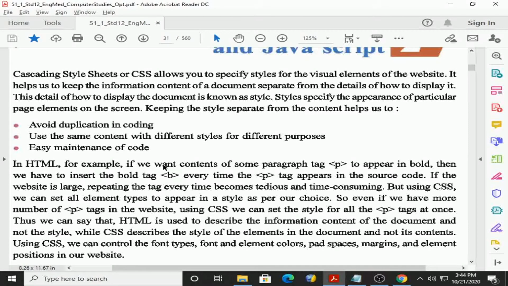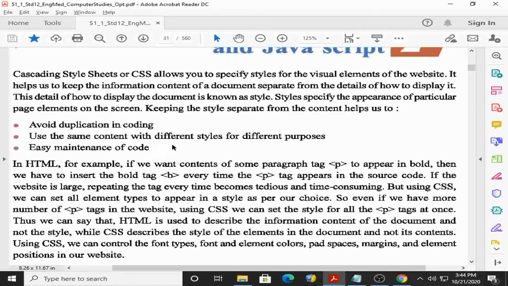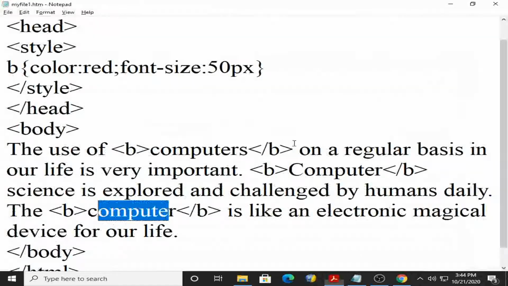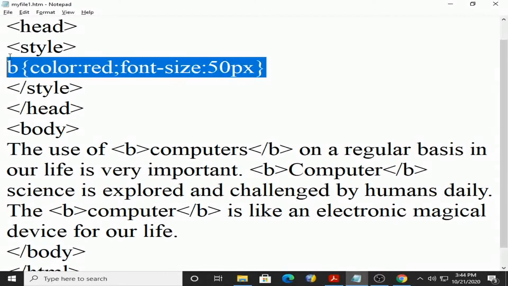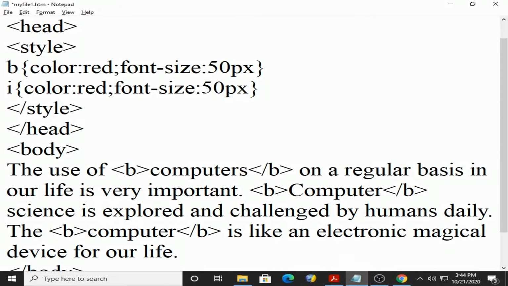Next, use the same content. Same content means computer. Use the same content with different style for different purposes. Like for example, here I create one more rule. I stands for italic.